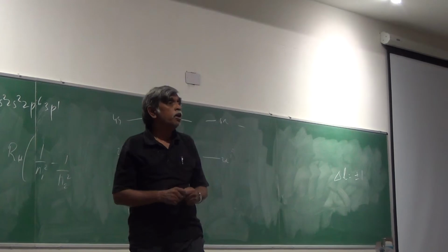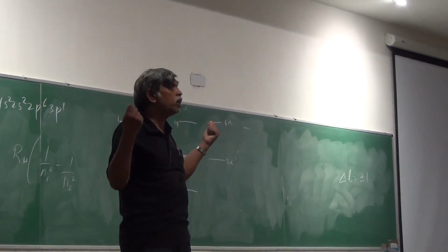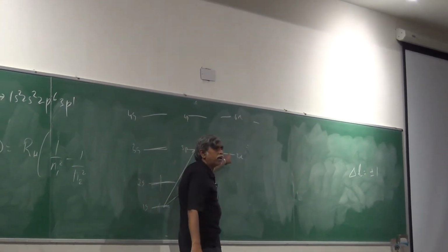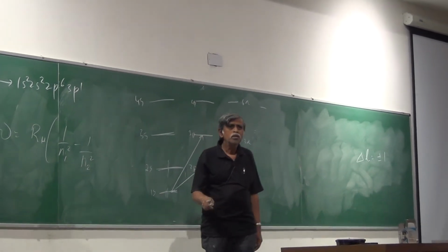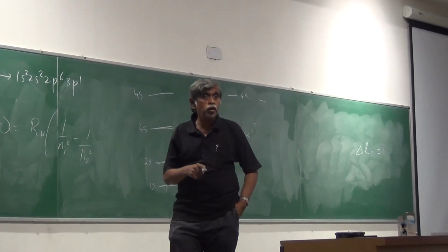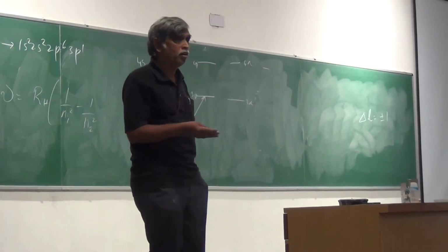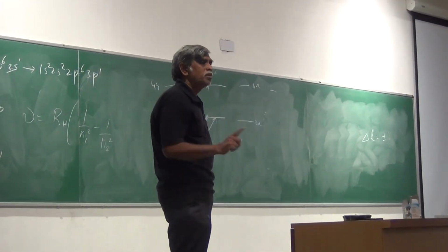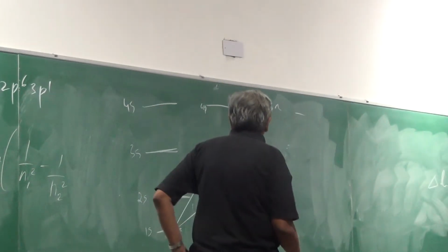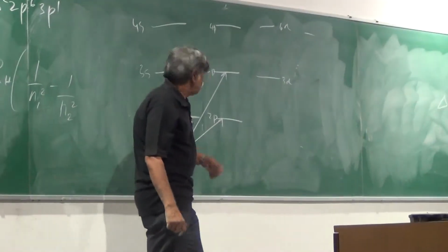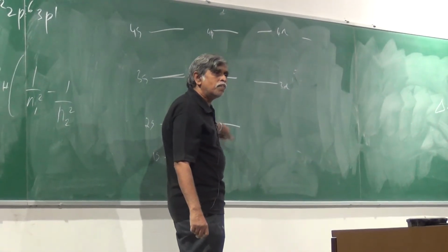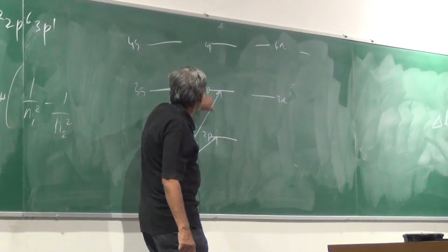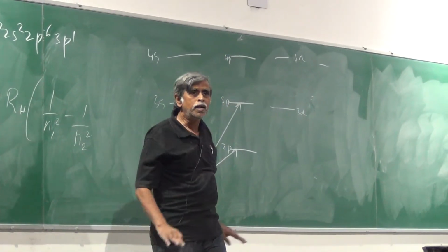I can't be jumping into ns. I can't be jumping into a d either. So if I try to go from 1s to a d, not allowed. N, nobody cares, but L, people do care. Everybody, the system cares, the atoms care. Therefore, I can't go from S to D, because that would involve a delta L equal to 2. Not allowed. I can do this. If, however, I have an electron already sitting in, of course, the same rule applies to 2s. Starting from 2s, I can go to 3p, go to 4p, I can go to 5p, and so on.